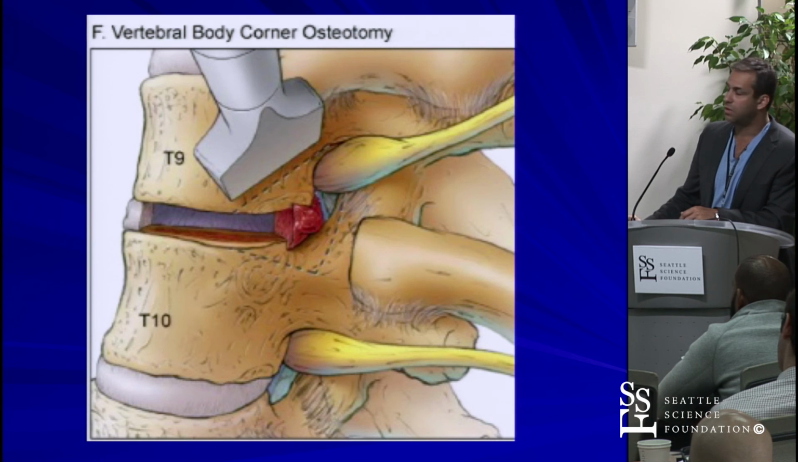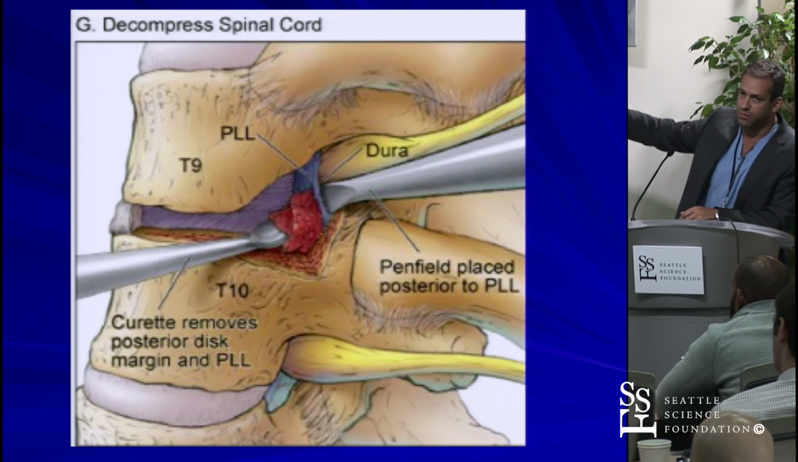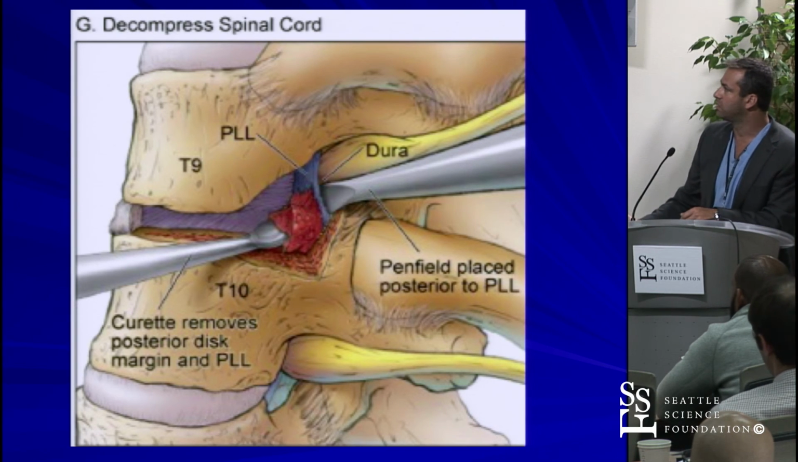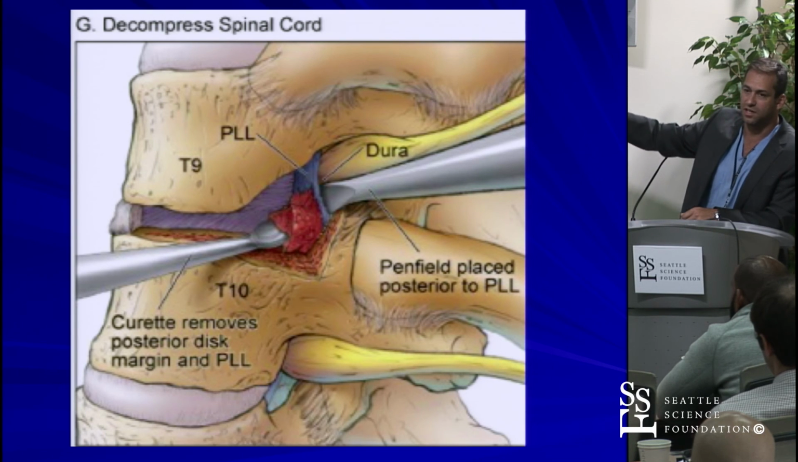Wedge off your bone above. Wedge off the bone below. There's the pathology, and you can now start persuading. You don't want to be pushing towards, you want to be pulling away. So something to keep in mind, but you can see there's an instrument there that's protecting the dura behind the